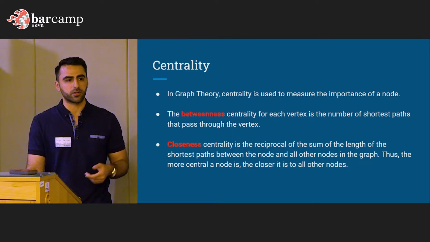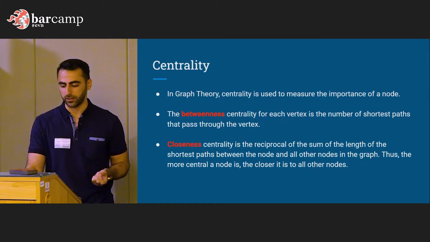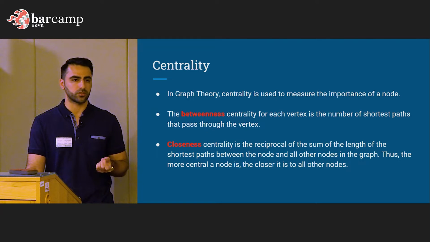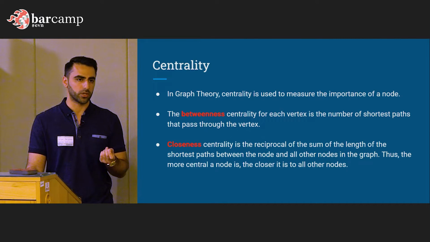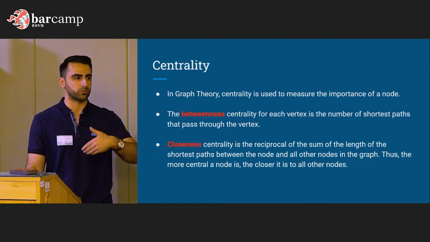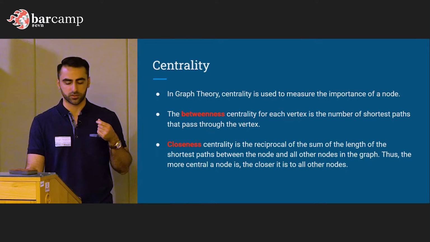And this brings us to a very important idea in graph theory, the idea of centrality. So centrality tells you how important a node is. If you see a node in the center in some graphs that have biases, that doesn't mean it's the most important node. And the way we define that is, okay, is this important for maintaining relationships between groups? Is this the bridge that connects one group to another group? So there's two types. There's betweenness and closeness.